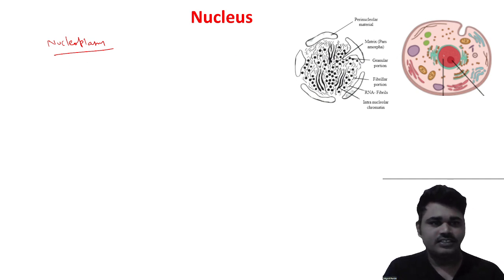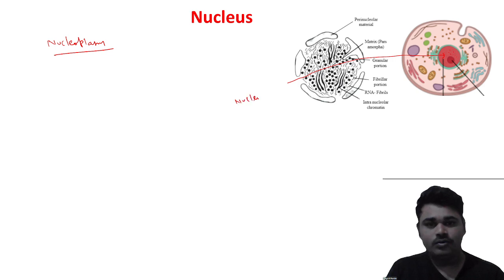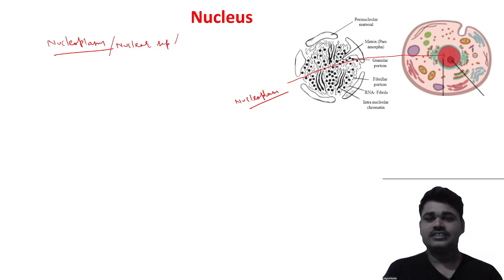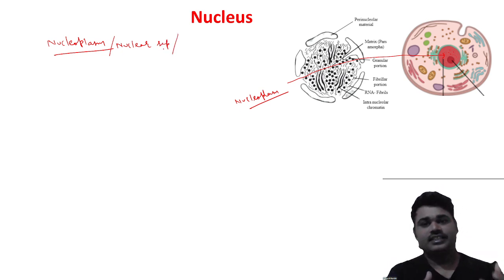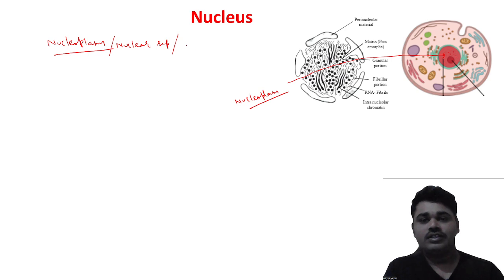Look at the structure. This is the nucleus, and inside it the cytoplasm-like or watery structure is present, and that is called the nucleoplasm. The nucleoplasm is also called the nuclear sap, because it is a sap-like structure present inside the nucleus. That's why it is also called the nuclear sap, or it is also called the